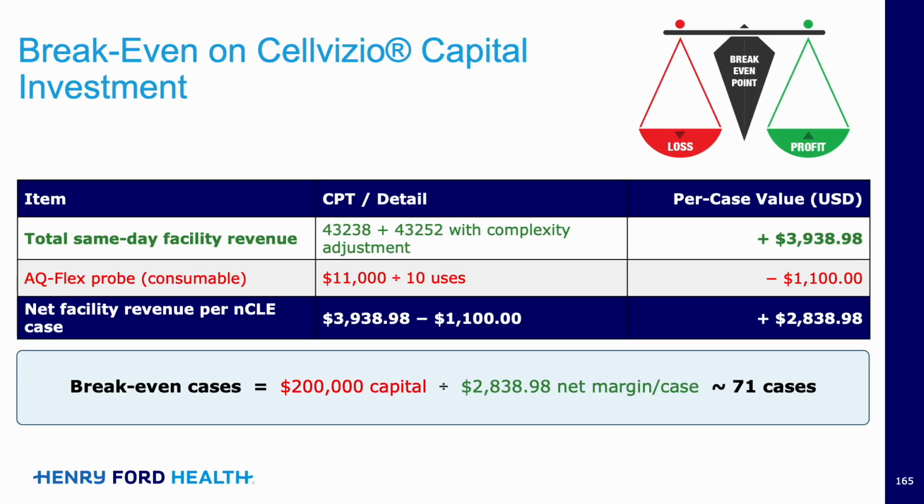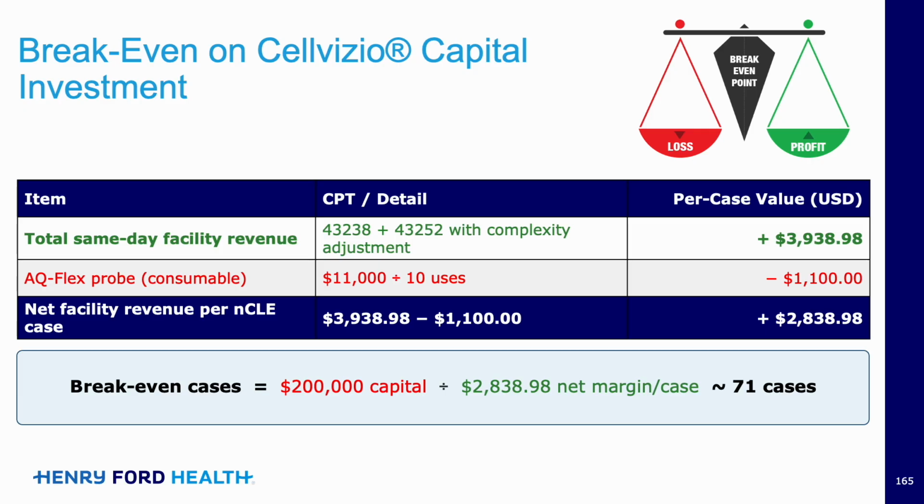This slide illustrates a simplified version of the break-even analysis for Cellvizio capital costs, taking into account the major expenses associated with Cellvizio. And I'm just going to guide you here through it. So if you take the AQ-Flix probe cost per case, which ends up being about $1,100, you subtract it from the total same-day facility revenue based on the complexity adjustment, you end up with a net facility revenue per NCLE case of about